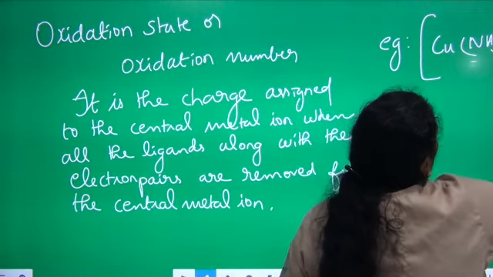So we have seen the oxidation state of copper in tetraamminecopper(II) ion. Copper is the central metal ion which is bonded with 4 ammonia molecules. Here the oxidation state of the central metal ion copper is +2. Therefore the oxidation state should be indicated by a Roman numeral in parenthesis. So copper, Roman numeral 2, I have written in parenthesis. So this is one example.